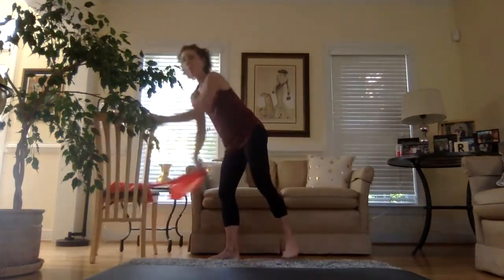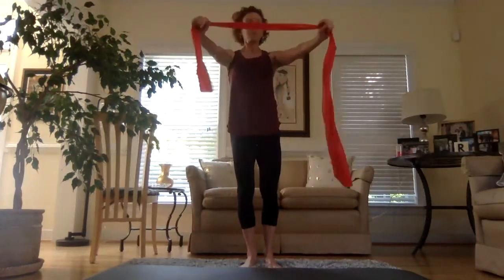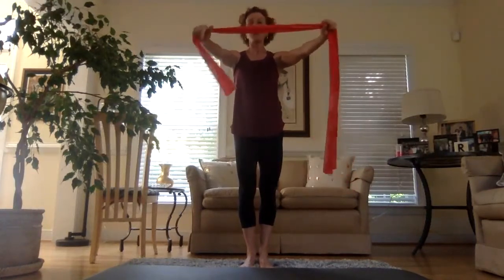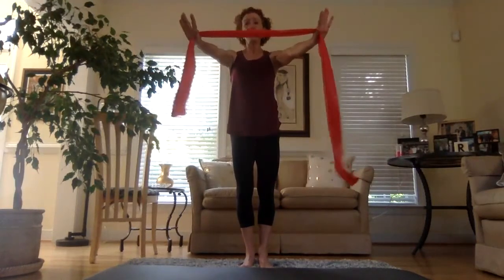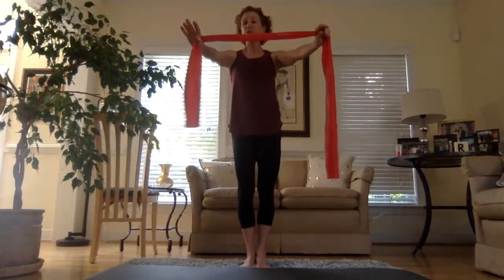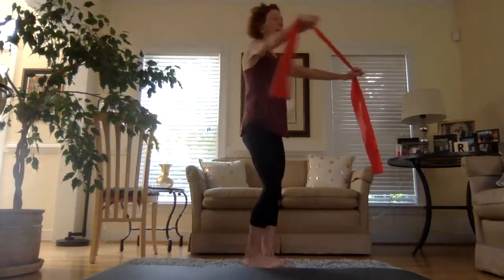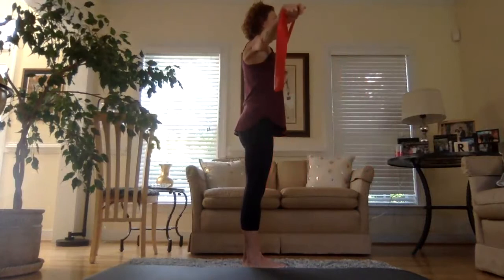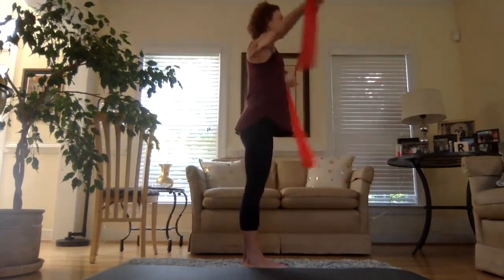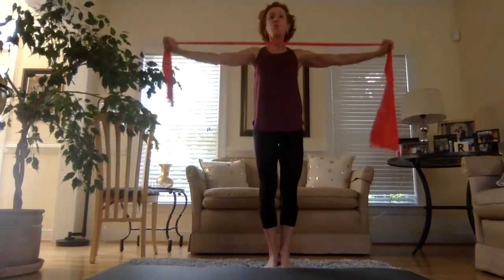You can grab a band, a towel, anything that has some distance so that when you hold your arms forward, you're holding that. So the length of whatever you're holding will be at least as wide as my hands are facing you. The benefit of using a band is when you pull it apart, I want you to think about just keeping your torso stacked over your pelvis. So you're not leaning or flexing, you're just going to pull apart nice and slow, just to warm up those